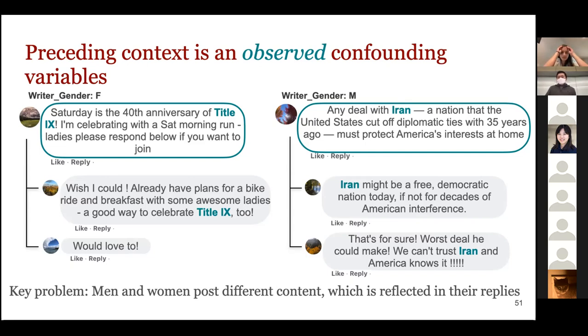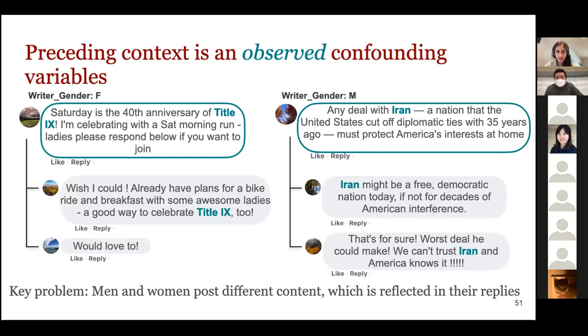So let me give you a more specific example to try to make it a little bit more clear. This is again from one of the data sets that we worked with, which is Facebook comments that are addressed towards female politicians. And here we're looking at a single turn dialogue setting. So a politician made a Facebook post, and we want to detect gender bias in comments that are replying to that post. So we're simplifying the surrounding context to the post that a comment is replying towards.